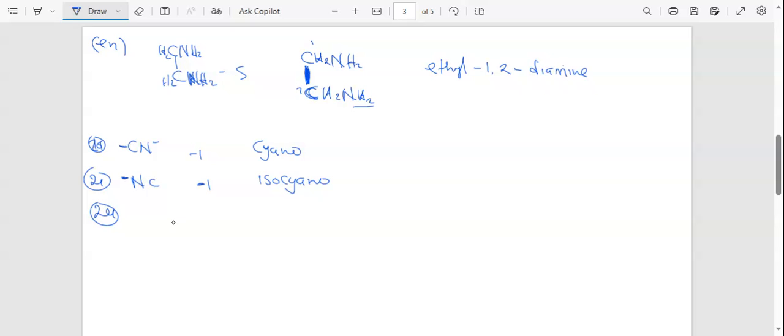Then let's go to these ones which are just as important. So thiocyano, let's say we have it through sulfur, all right. Then we have C there, then N like that. So let's say it's bonded through sulfur. When again we have N, the metal is now bonded to N. So how do we call that? Of course, there will always be a negative charge like that. But when it is N, always put iso. All right. But since there's sulfur, we call it thio. All right. For this case, it will be